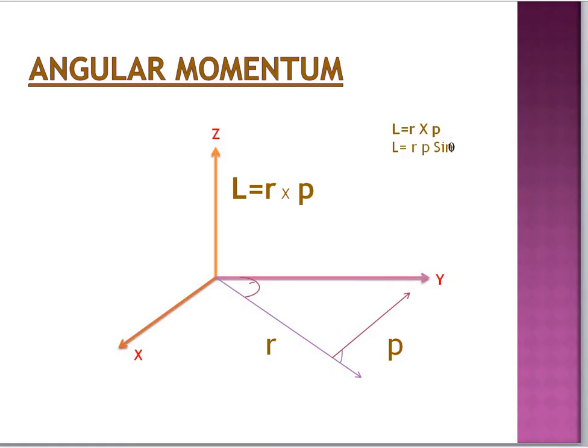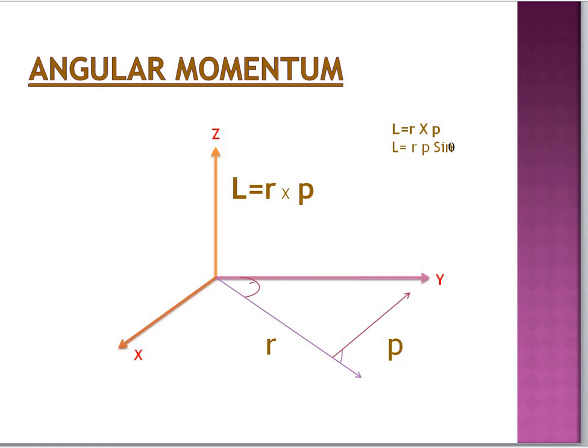Okay, let us examine the motion of a particle. Suppose a particle is performing a rotational motion like that. When we observe the motion of the particle at a particular instant, at any particular point, the direction of its linear momentum is given by the tangent at that point. So at this point, the direction of the linear momentum is given by this p. So what will be the direction and magnitude of the angular momentum?